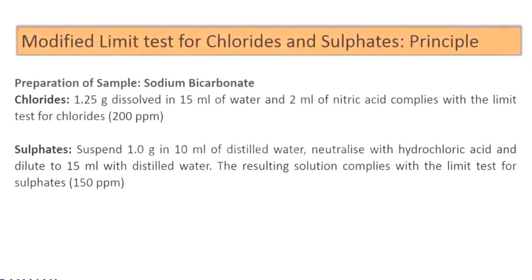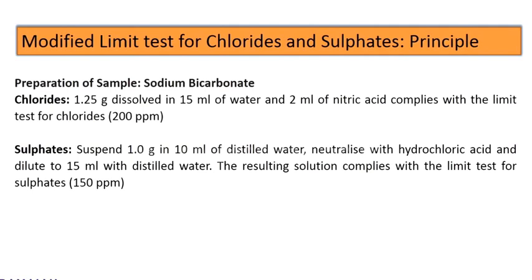Preparation of the sample for sodium bicarbonate: for the chloride limit test, 1.25 grams dissolved in 15 ml of water and add 2 ml of nitric acid complies with the limit test for chlorides. For sulfate, suspend 1 gram in 10 ml of distilled water, neutralize it with hydrochloric acid and dilute to 15 ml with distilled water. The resulting solution complies with